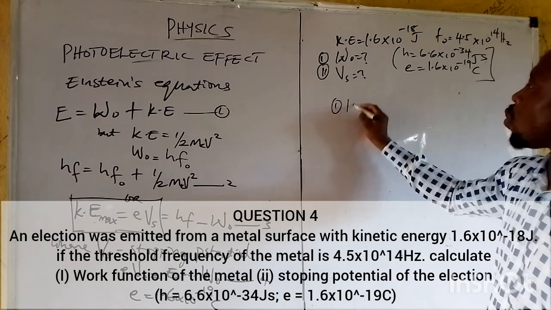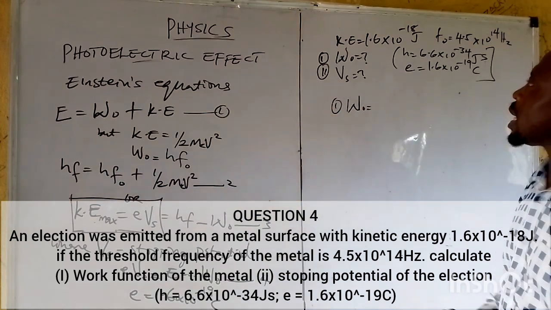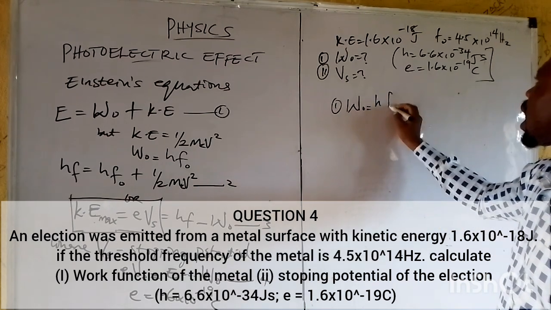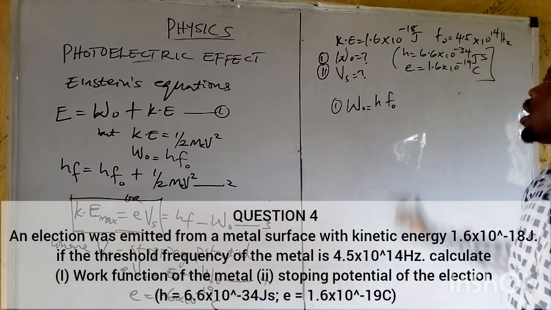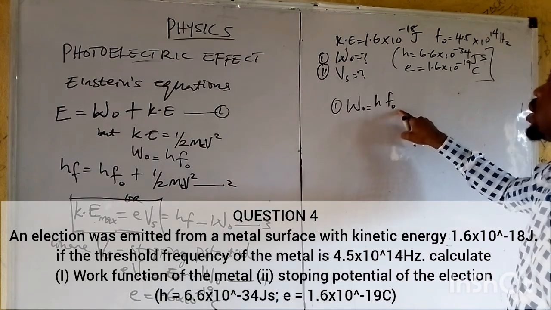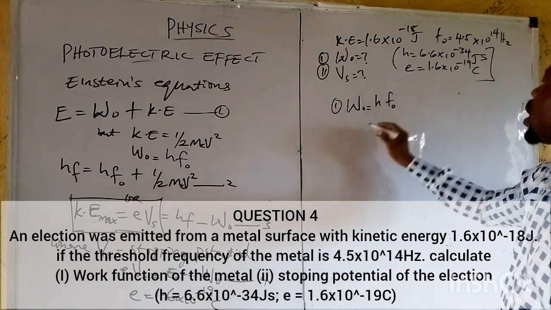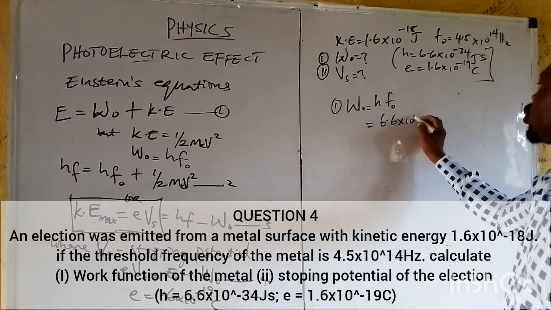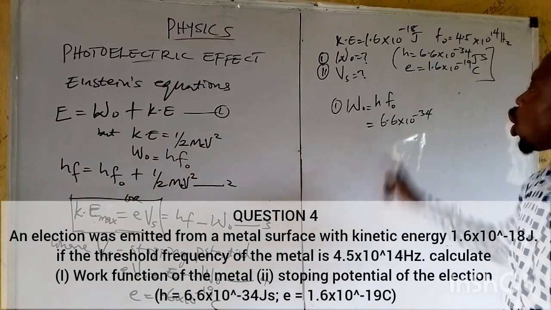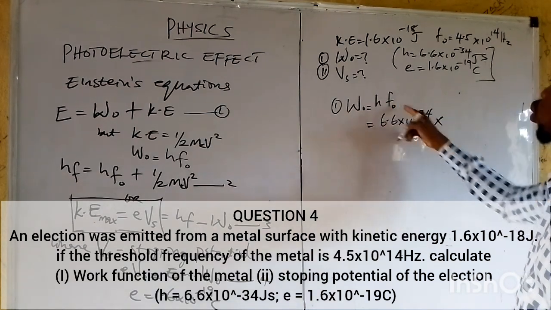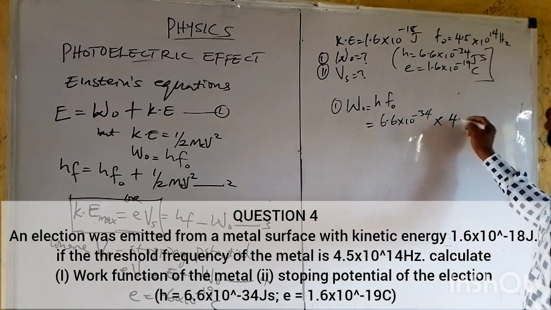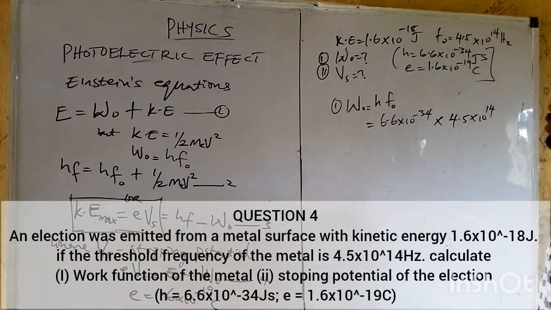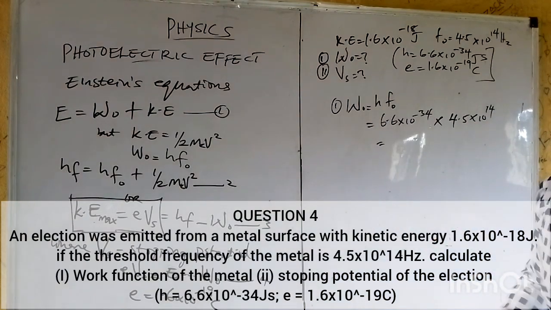The first one, work function. Remember that the work function is h f naught. Because we are given the threshold frequency, we can say that the work function is 6.6 times 10 raised to the power minus 34 multiplied by the threshold frequency, which is 4.5 times 10 raised to power 14 hertz. Now if we do that, we will have,